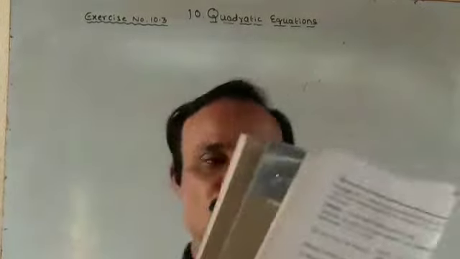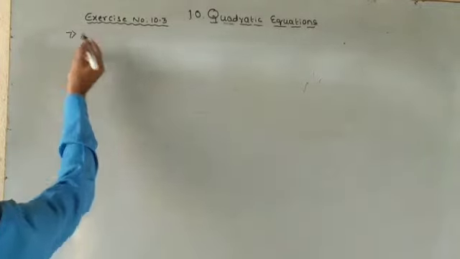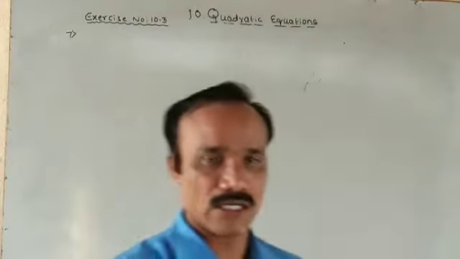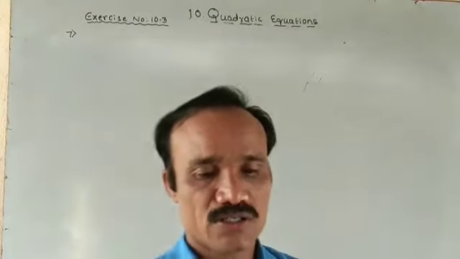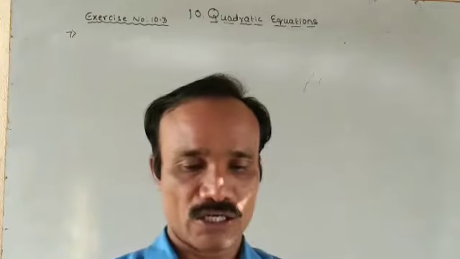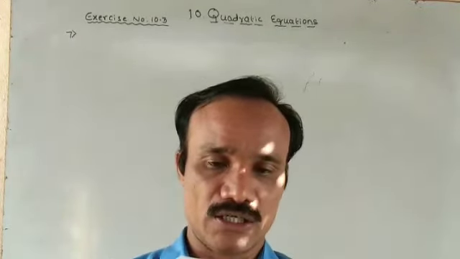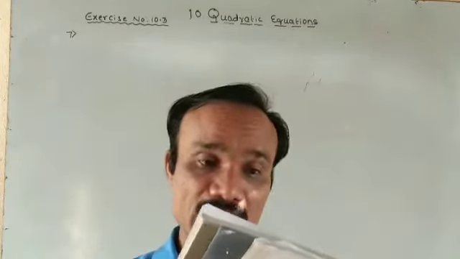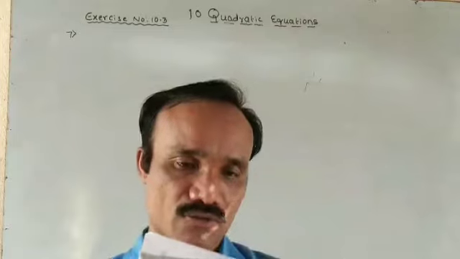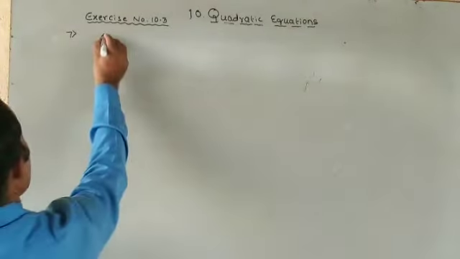So here is the next question, question number 7. Just now we have observed these questions are very lengthy questions, 4 marks questions. The difference of squares of two numbers is 180. The square of the smaller number is 8 times the larger number. Find the numbers. So here you have to consider,